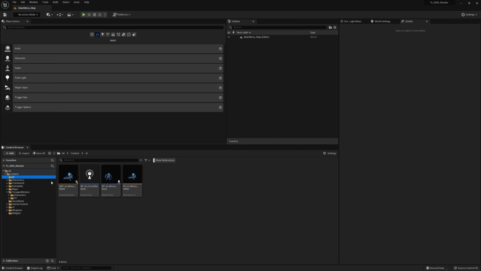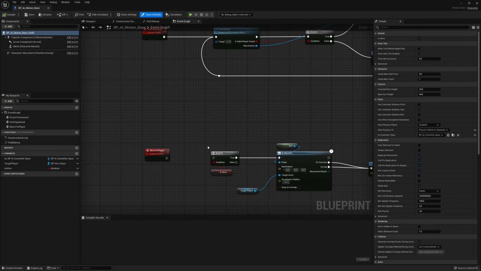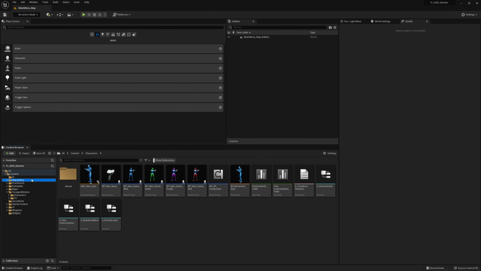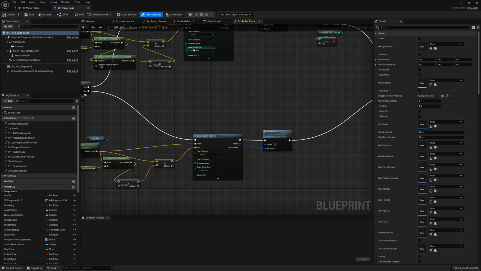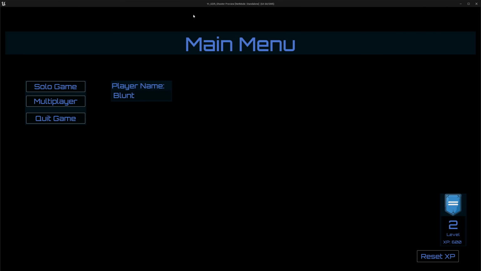I made some small changes to make this a little bit easier. So first of all, in the minion base character, I disconnected the movement loop so they won't follow me around for now. And in the character blueprint, I made sure my bullet traces visible. So in the hero base, for the server bullet trace, I set the debug type to for duration so I can see my traces. So right now, without changing anything, if I go into the map and try to shoot this guy, nothing happens. So I'm shooting right through him, and the reason for that,